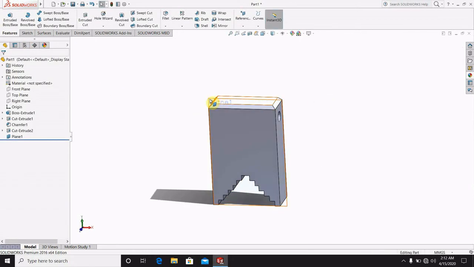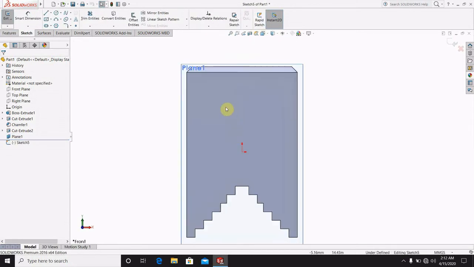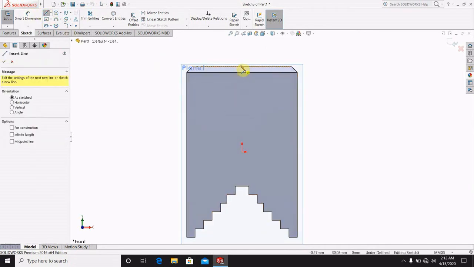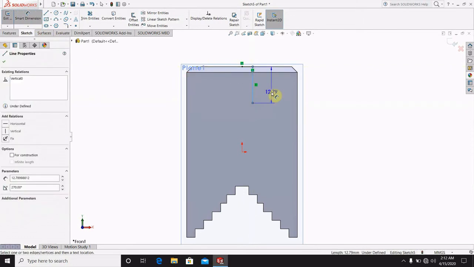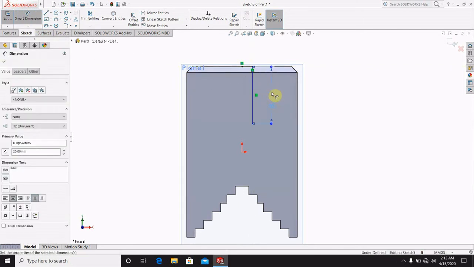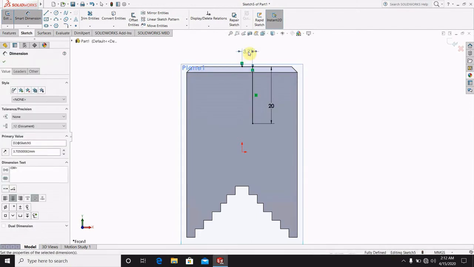Just select this plane, go for sketch, and just draw this one thing. There will be 6mm and 20mm. This is the 20, and this will be the 6,